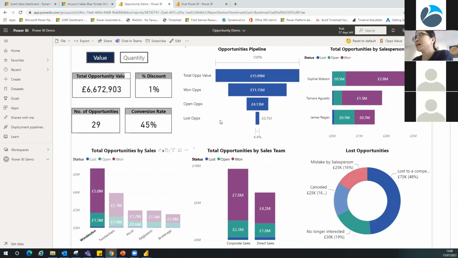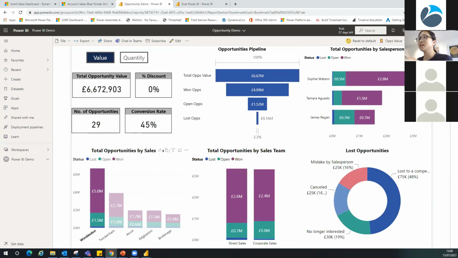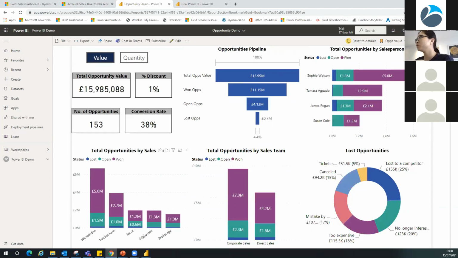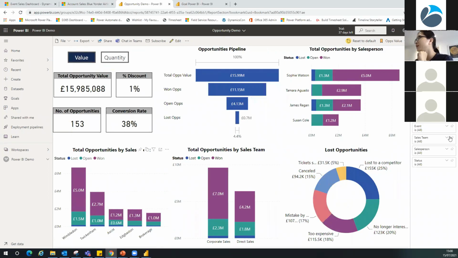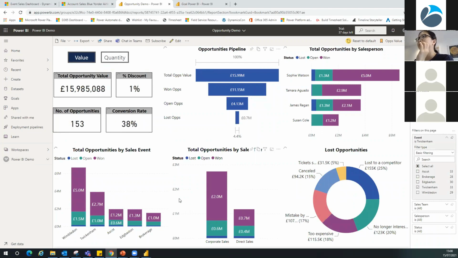You see the numbers have been updated. Yes, everything has been updated. You can either interact with the visuals from Power BI service here, or you can also use the filter here as well. If I filter it here, it's going to filter the data for the whole report page.